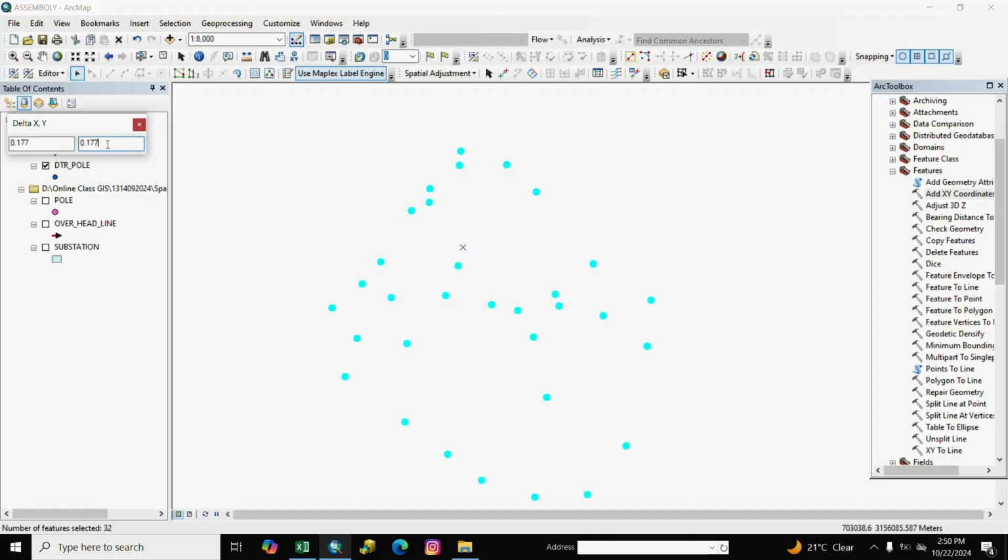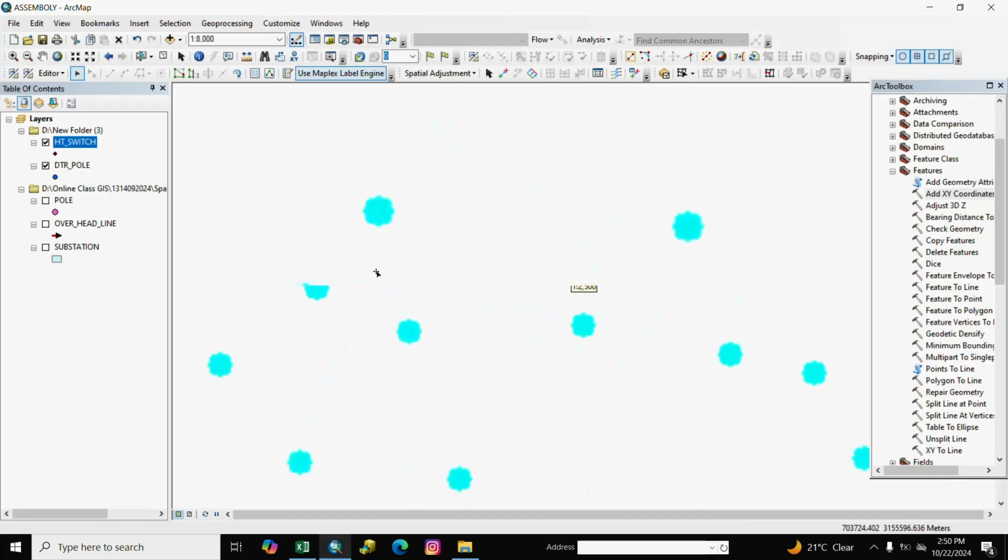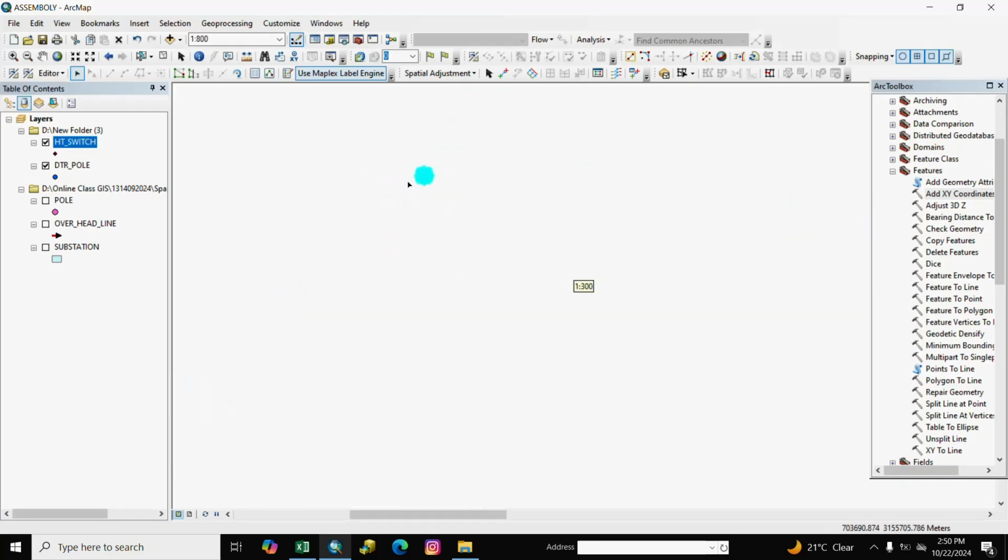If you want another distance, decide in your XY point as per your requirement. We require only 0.25 meter, so we move it 0.177 meter and enter. Our point is moved. You see here